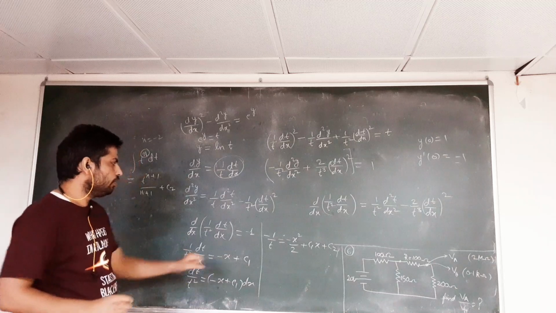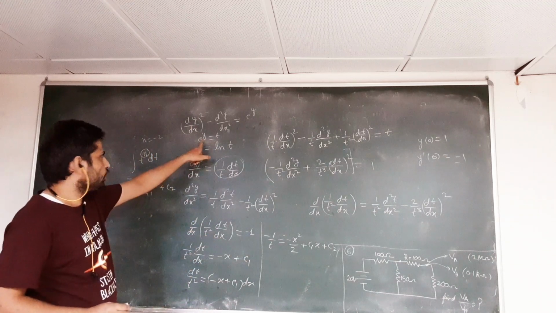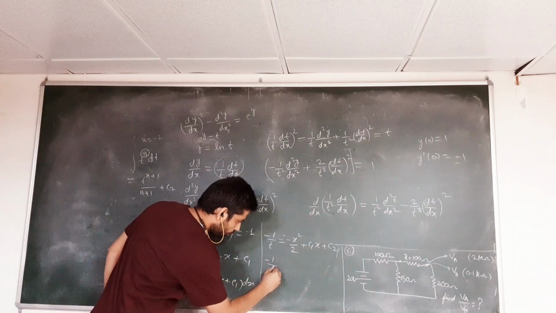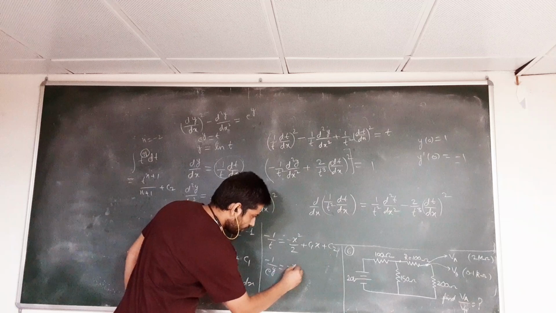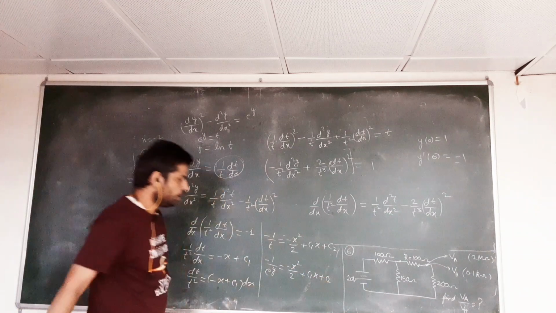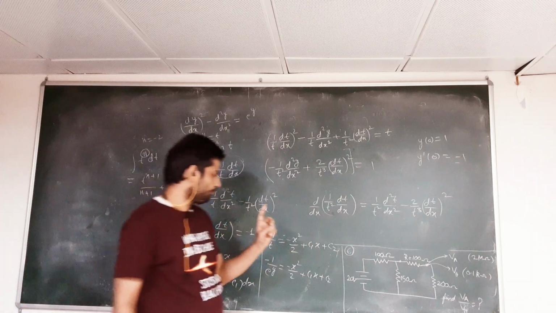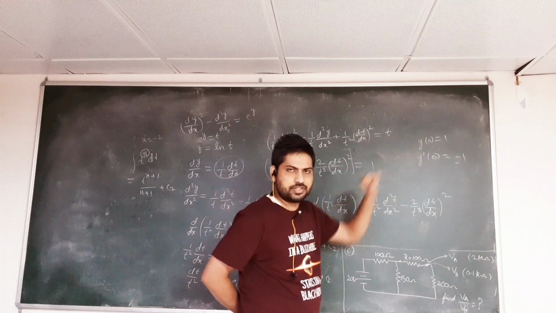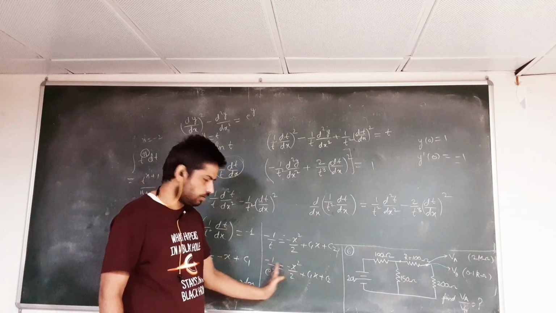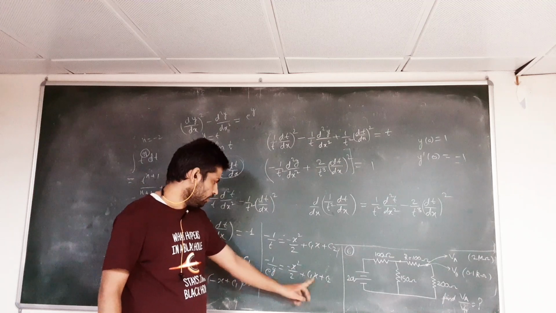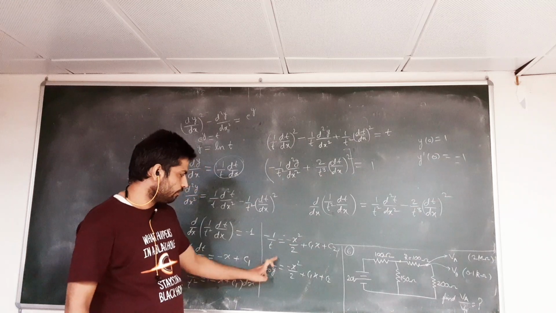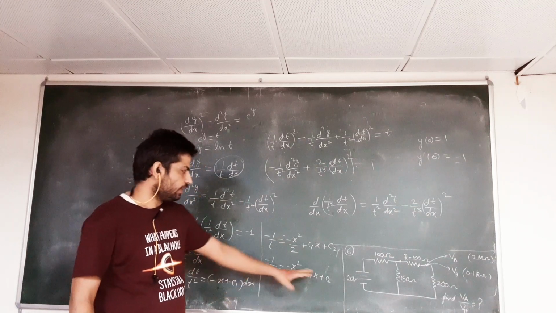So what we can do, we can replace this t with its equivalent, that is e to the power y. So we will have minus 1 by e to the power y is equal to minus x square by 2 plus c1x plus c2. So the first condition is, if you put x as 0, you will find y as 1. So if you put x as 0, this term will be eliminated, this term will also be eliminated, and this y will be 1. It means c2 will be minus 1 by e. So you can find the value of c2.